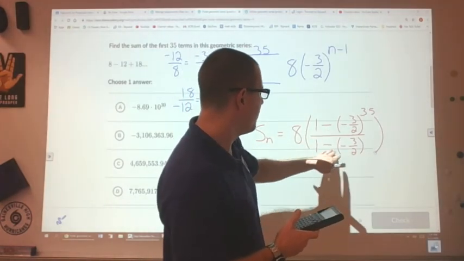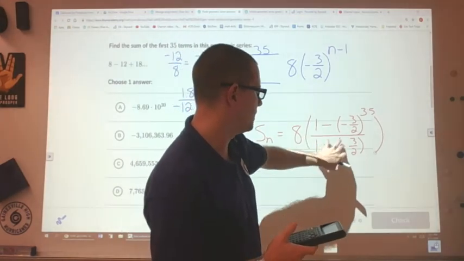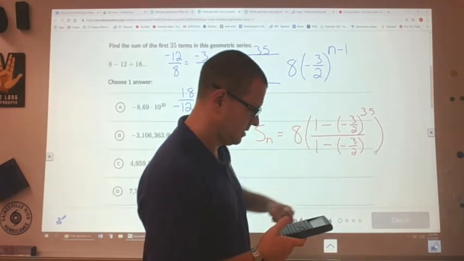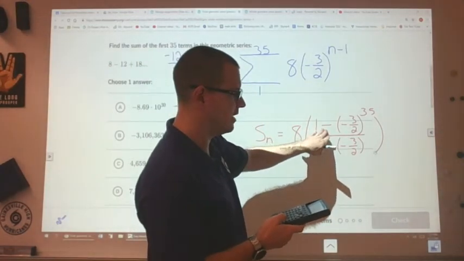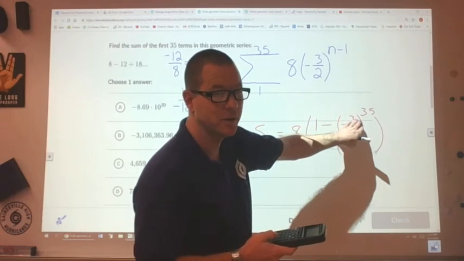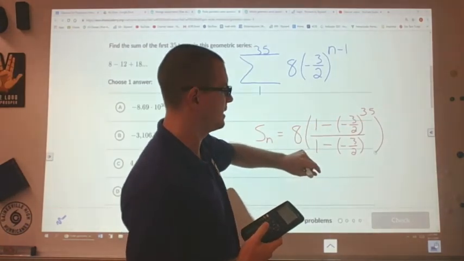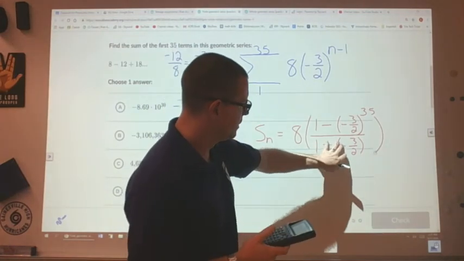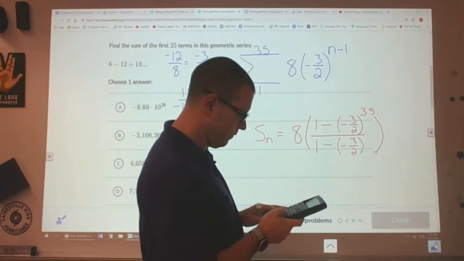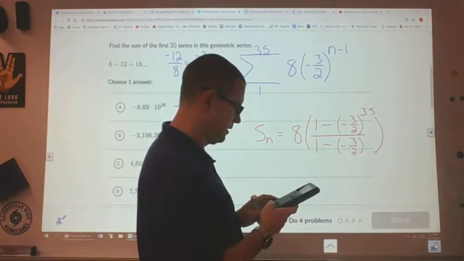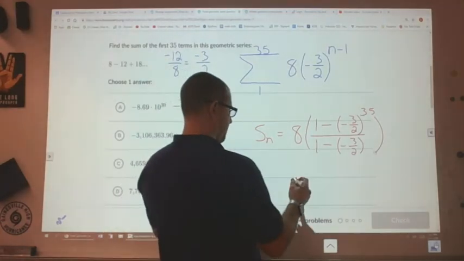Then, on the bottom, that is 2 over 2 plus 3 over 2. That's 5 halves. So then I'm going to divide my answer that I just got here, all in my calculator. I'm not going to try to do 3 halves to the 35th power without my calculator. So right now I'm doing everything in my calculator. So we're going to multiply that by the reciprocal, so 2/5, and then multiply that by 8. And we end up with